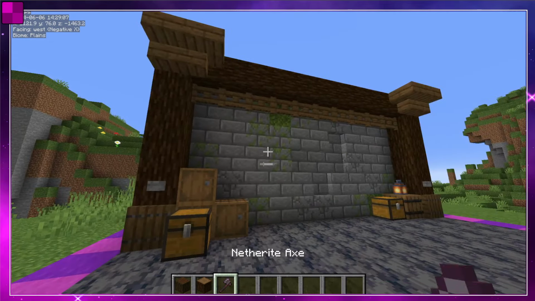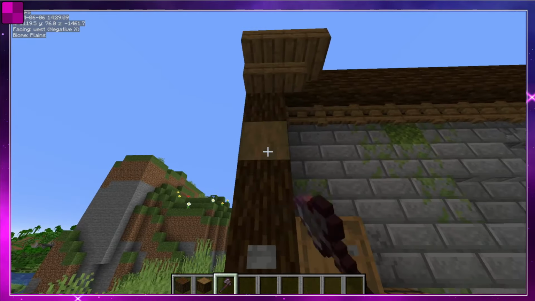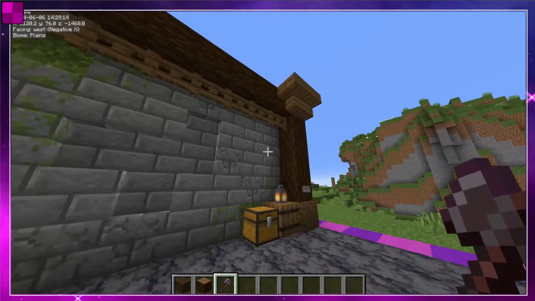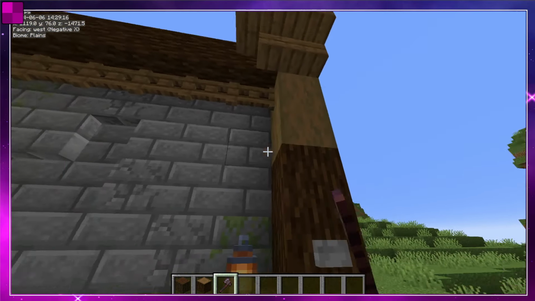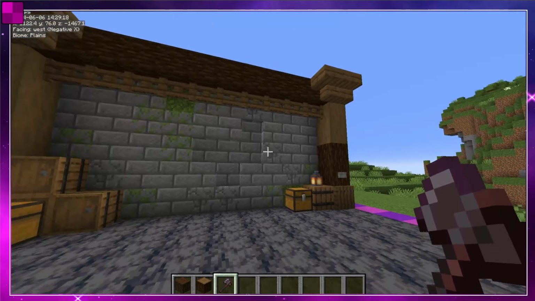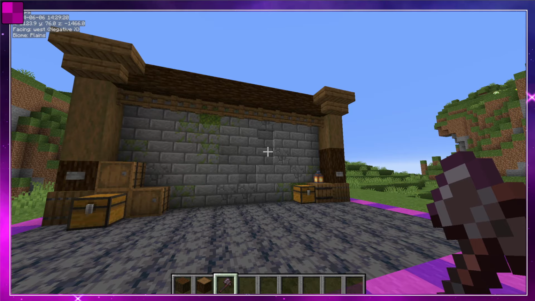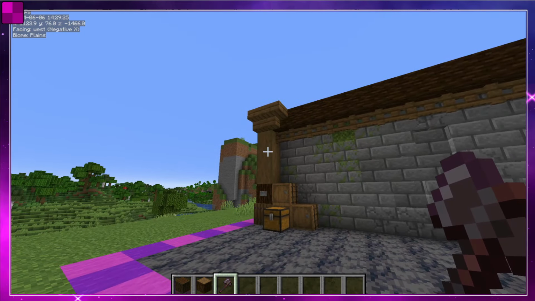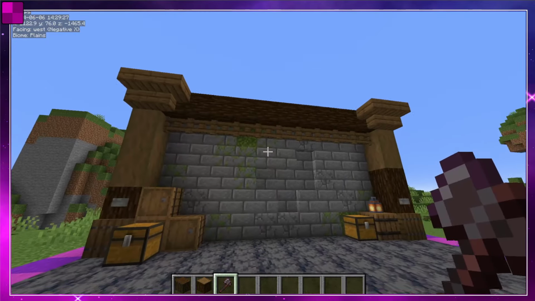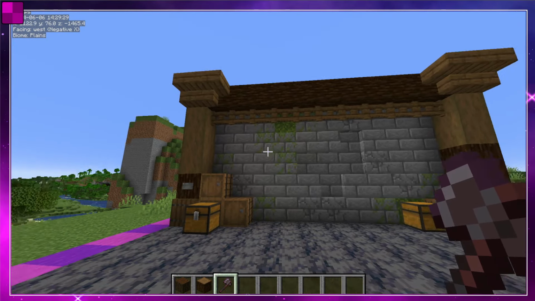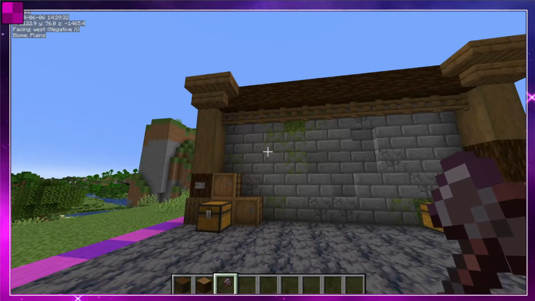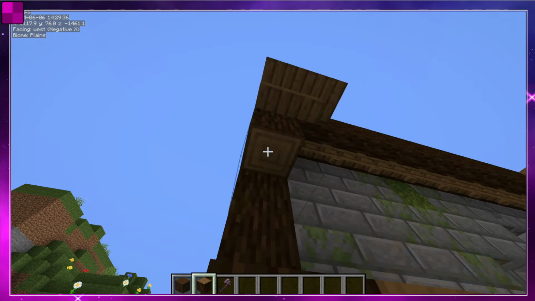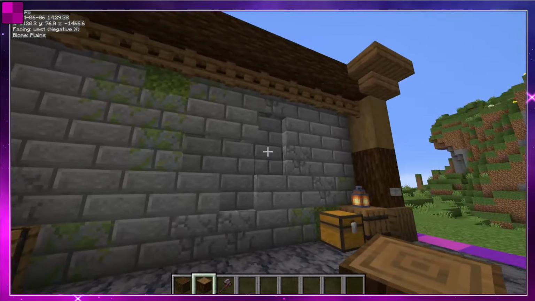And a really quick and simple way to add aging to the wood is just to strip away a few of the logs like this to give the impression that it's just worn away with age. However, this does create a much brighter contrast with the area and can in some ways take away the attention from the center of the build to this border area. So whilst that is a good way of doing it and does work, especially with the lighter blocks, like if you're using a sandstone palette,